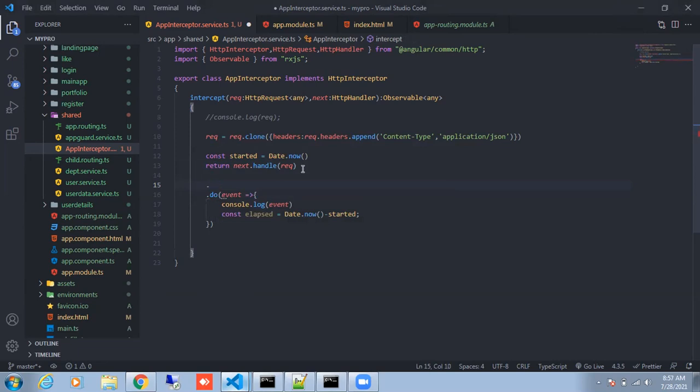Okay, so the RxJS version has been changed, so it is not using this current environment. No problem, we can implement this another way. You can call dot pipe instead of do, and inside this pipe, just type tap.